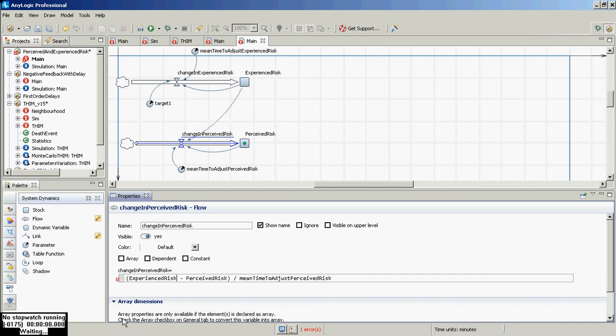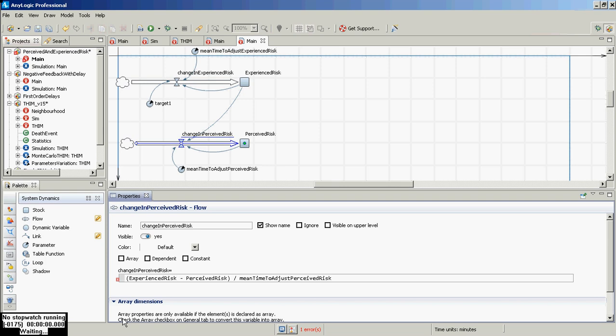Okay? And now, ladies and gentlemen, what do you think the target for this guy, for perceived risk, how is it going to depend on perceived risk? If perceived risk is higher, do you think the target will be higher or lower? Well, the idea is that if I perceive risk, I'll lower the target. I'll be more careful. I'll be less risky in my behavior. Okay, so the idea here is that the higher the perceived risk,